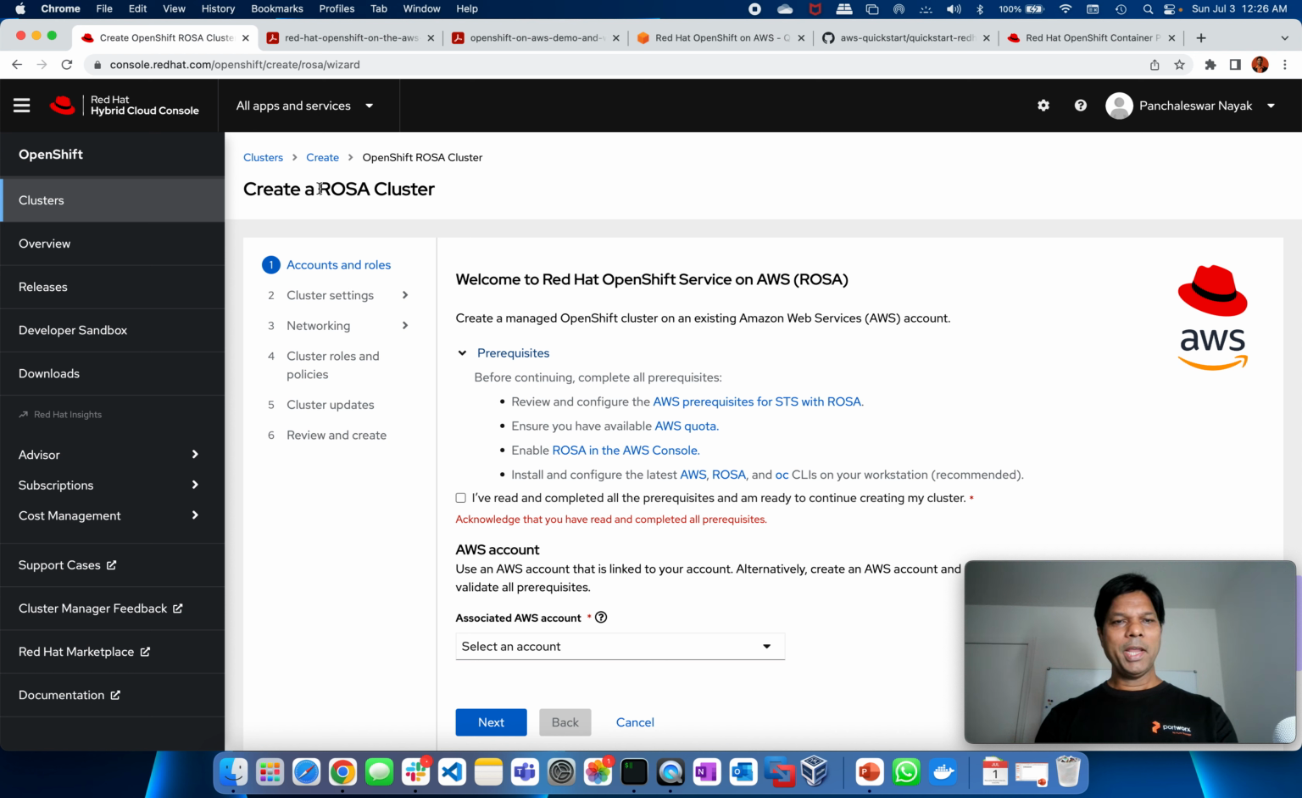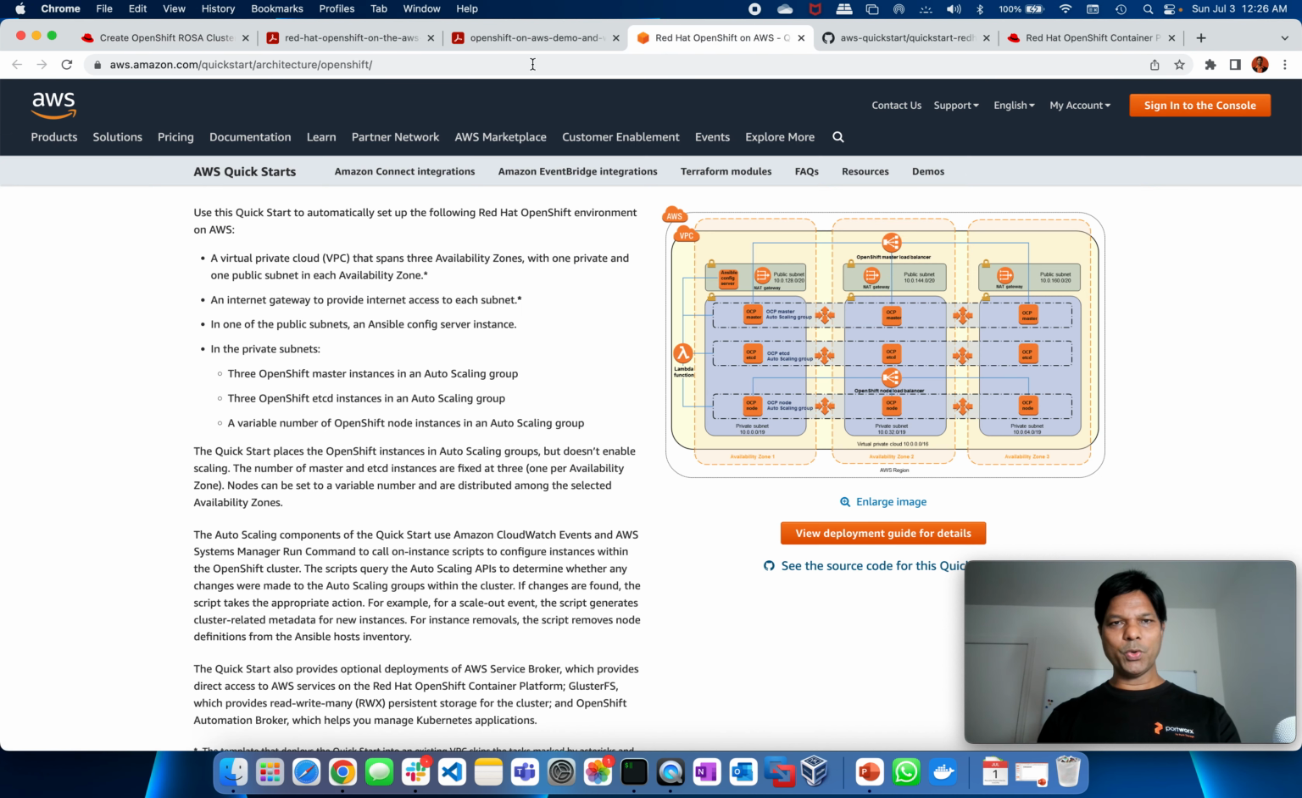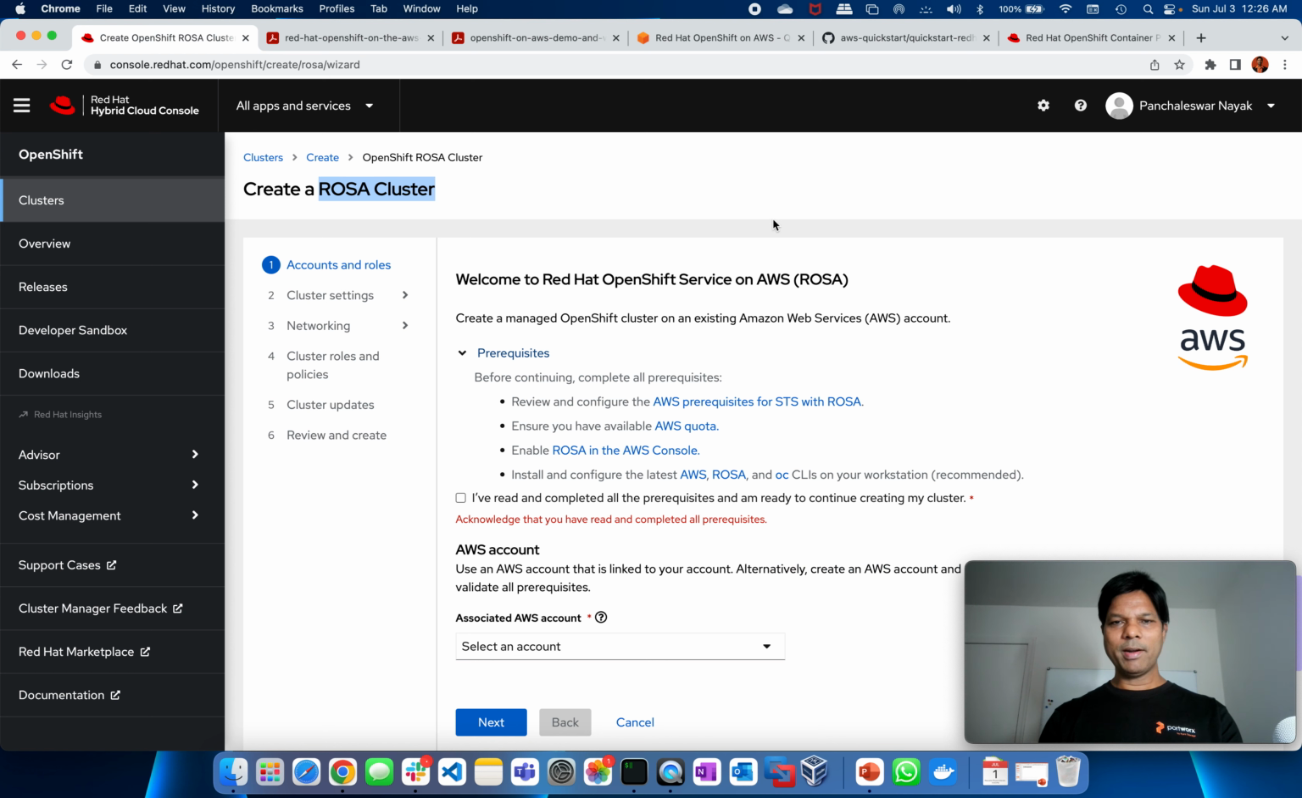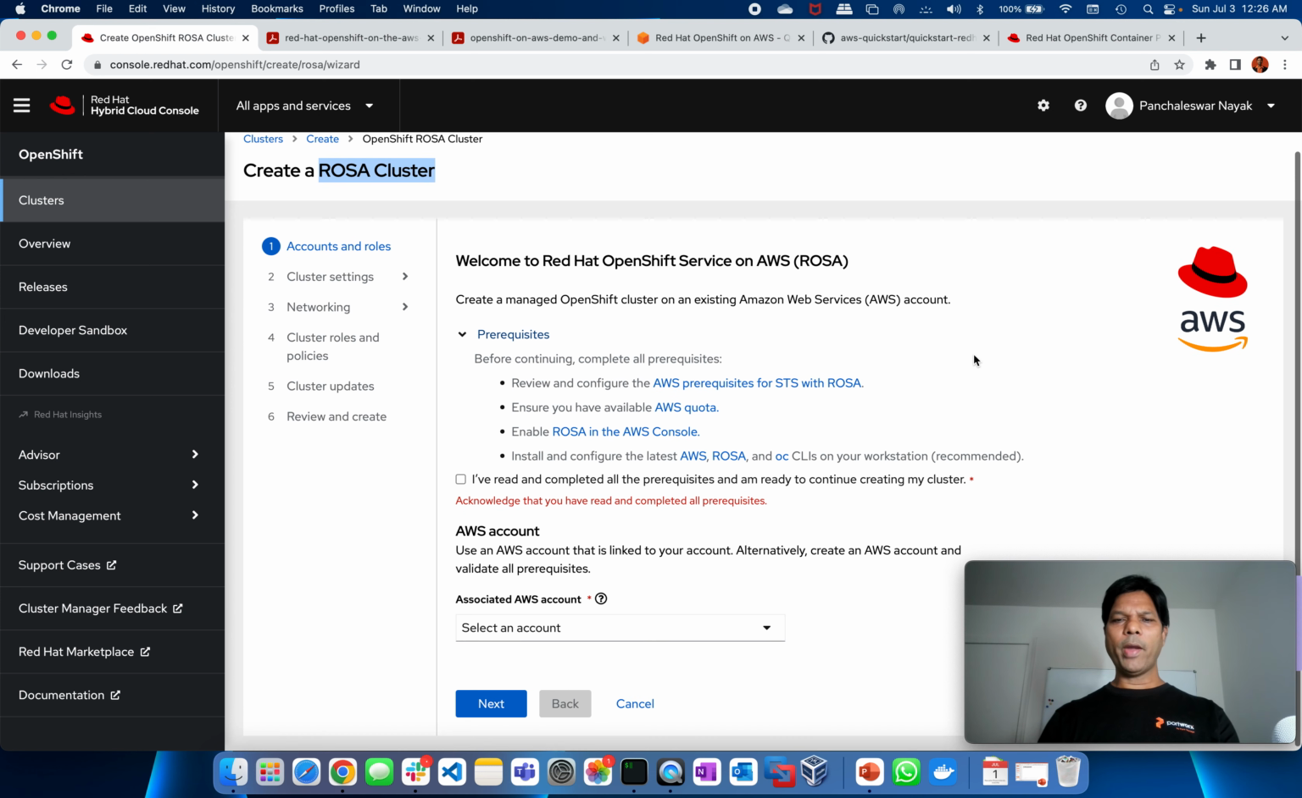So here you see it is called ROSA cluster, Red Hat OpenShift. What is ROSA? The full form is Red Hat OpenShift Service on AWS. So this is one easier way if you have an enterprise account and you want to have a completely managed